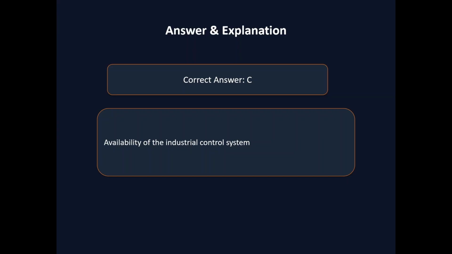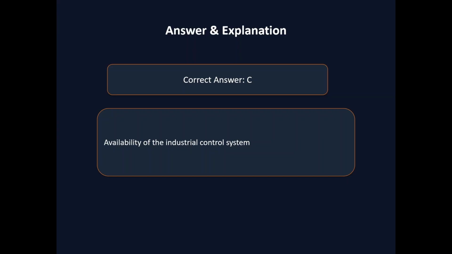In industrial environments, we have already seen that the primary concern is availability and safe operation. Although data confidentiality is very important, the immediate impact of this incident is the loss of production